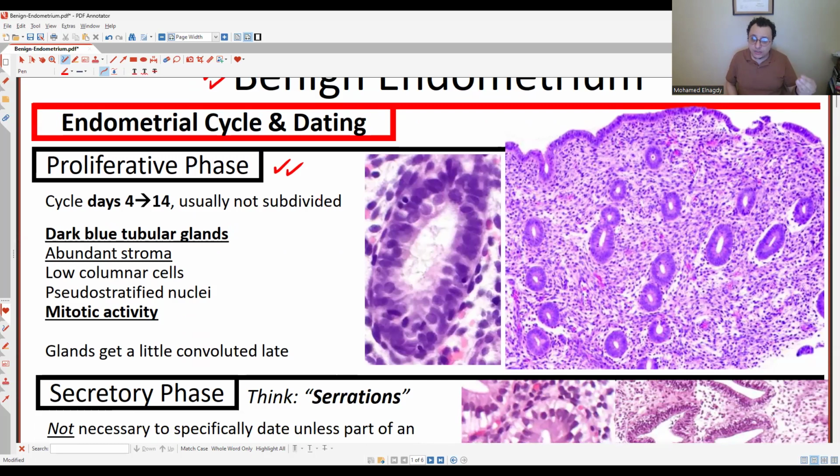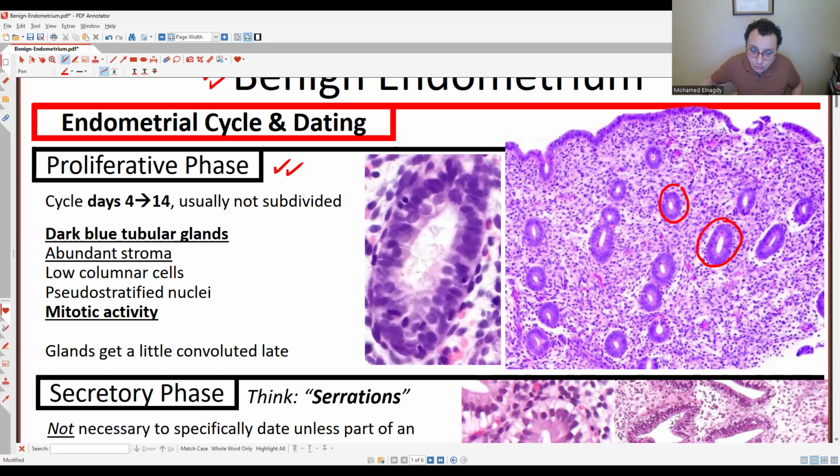So how do the glands look in a proliferative phase? First thing, you need to look at both glands and the stroma. When you look here at the endometrial glands, you'll see that the glands are not dilated. They are relatively circular, rounded. They're not dilated, which means that there's nothing filling them up. There are no secretions yet. To confirm, you go high power on one of the glands